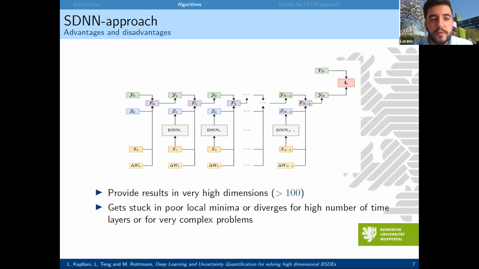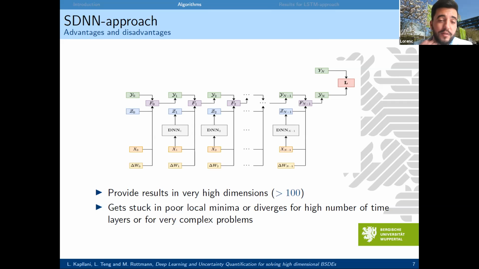And so for example, this is how this architecture looks like. As you can see, at the beginning we start with some value of Y0 and Z0. And then this F0 is just that we calculate all the information that we take, so we can calculate Y1. And then by using the X1, and a neural network, we can calculate Z1, and so on. We go forward until the very end. There we can have a loss, and then we can optimize and update these parameters until we get a good estimate.